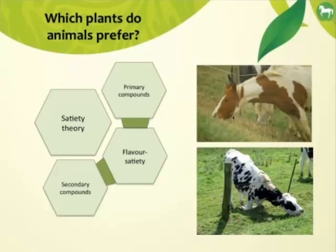modulate foraging behavior. So I'm not going to go into too much detail on this, but I want you to remember this slide because we'll come back to this satiety theory a little bit later on. I want to discuss this a little bit more in detail later. But before we start with discussing